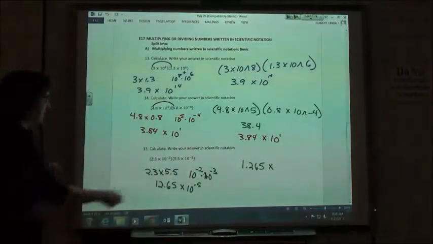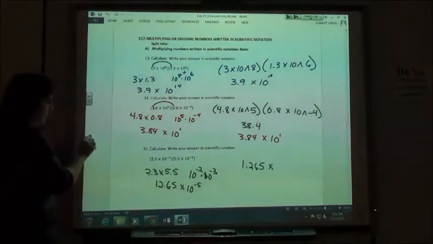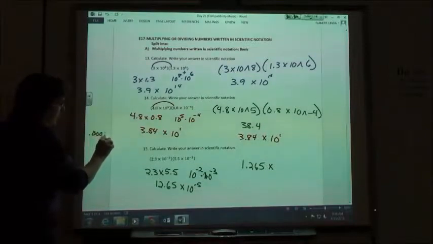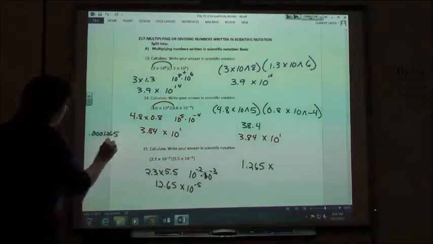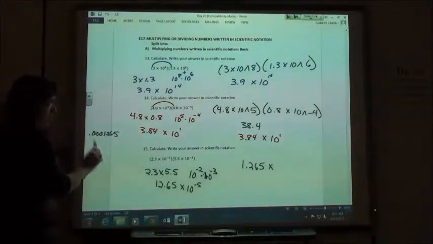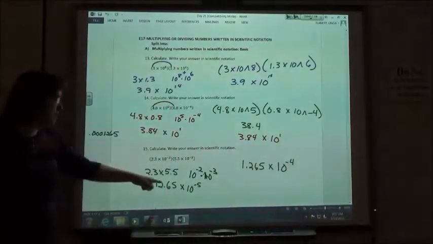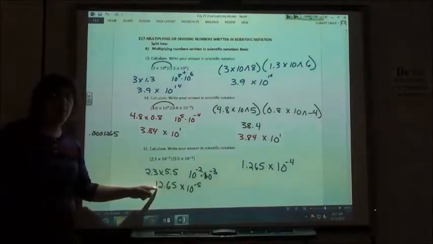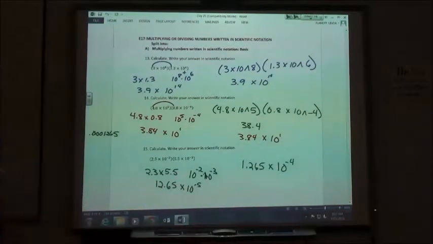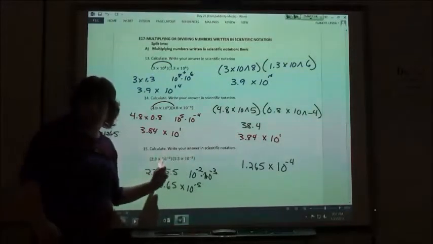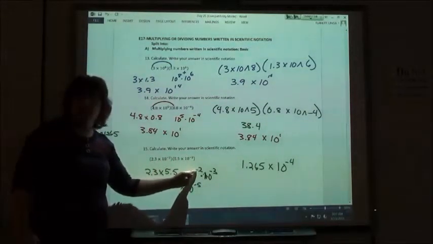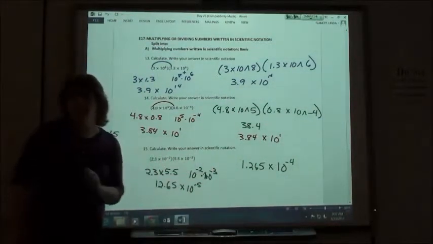So if I had that one in standard form, it'd be 0.000125, and so it's actually going to go negative 4th because I'm moving it one more this way, since it's negative instead of positive. It would be negative 2 minus negative 3. You add the exponents. So if I add a negative 2 plus a negative 3,